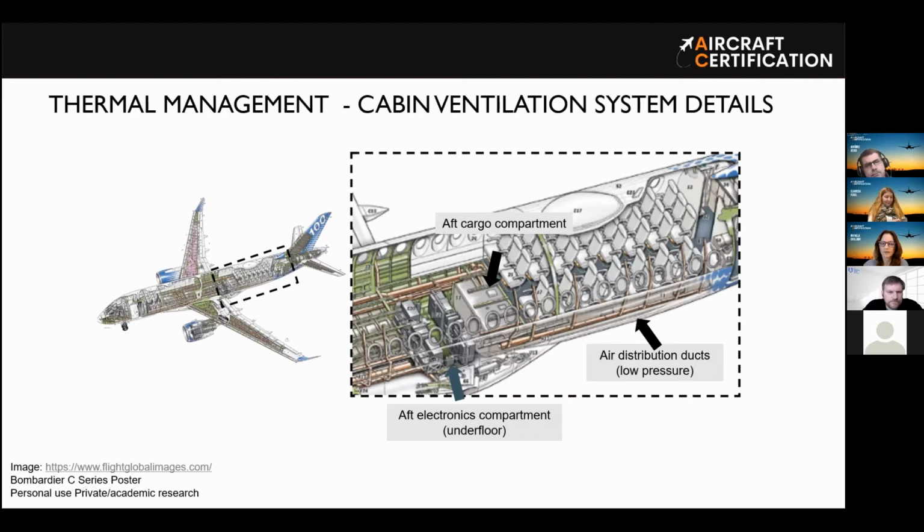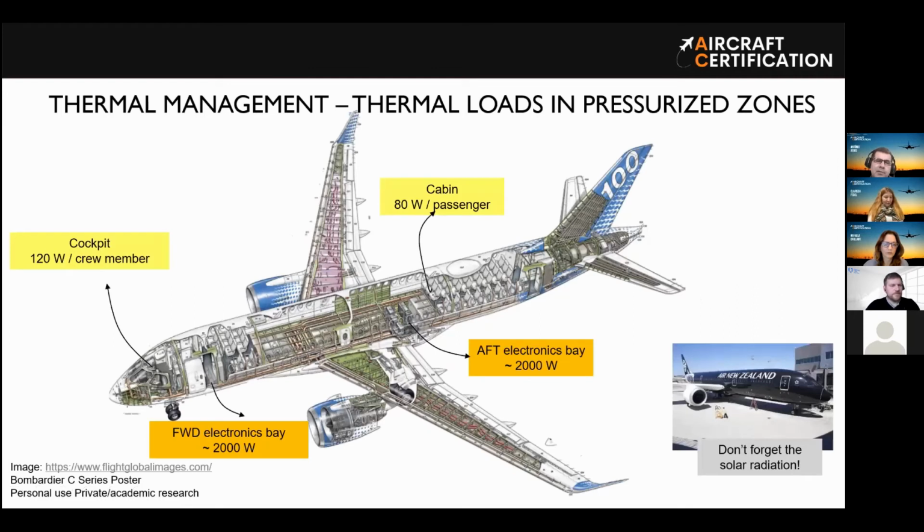So this is how the ventilation system works. And what the ventilation system has to do is basically guarantee that, with the thermal loads that we have inside the cabin, we have sufficient airflow and sufficient, let's say, the right temperature, especially, for example, on a hot day. So we want to have sufficiently cold air to guarantee that we can